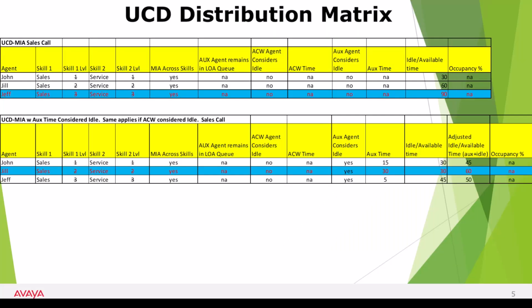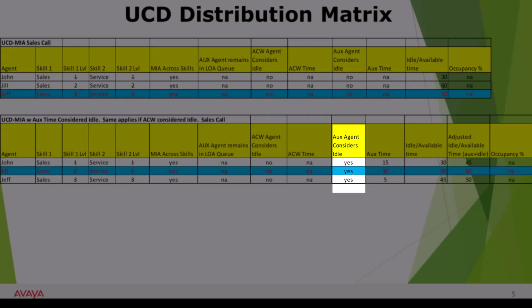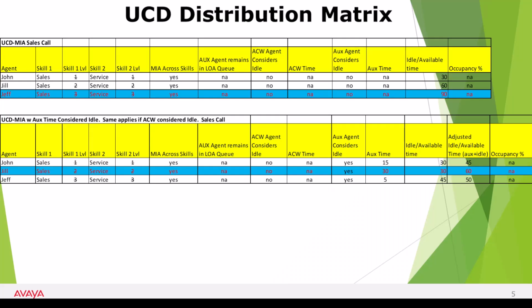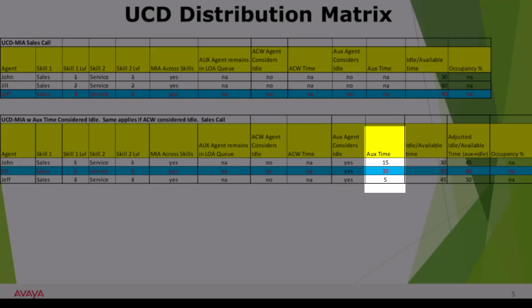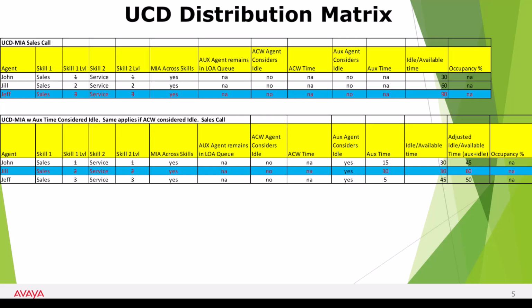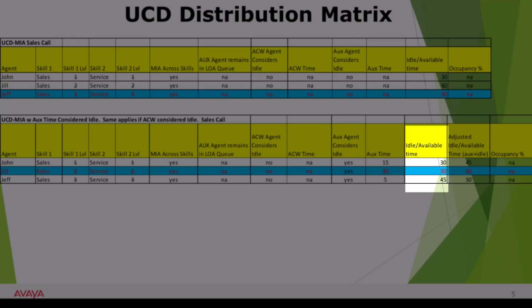Now let's take this a step further and say, hey, I want to consider their aux time as idle. Again, same skills, all that good stuff, but I have a column here that says aux agents considered idle. For all 3 agents, it's set to yes. So that means anytime they've spent in aux, I need to count that as being available or idle. So I've got 15, 35 seconds. And then I look to the next column, idle available time, and I have 30, 30, and 45